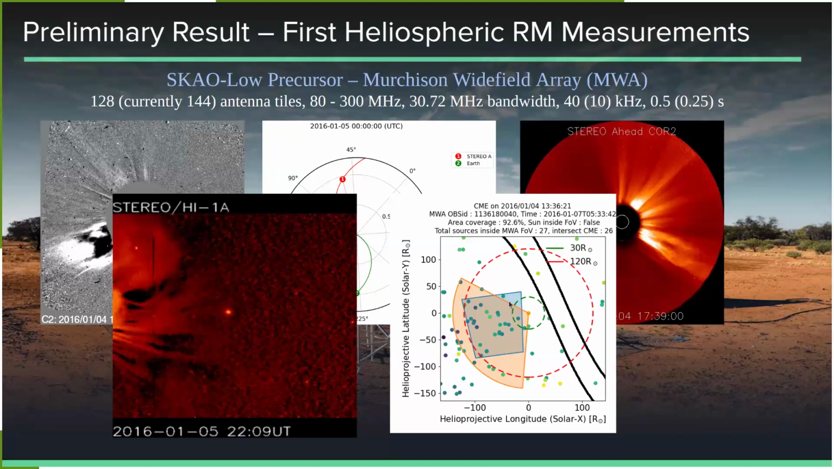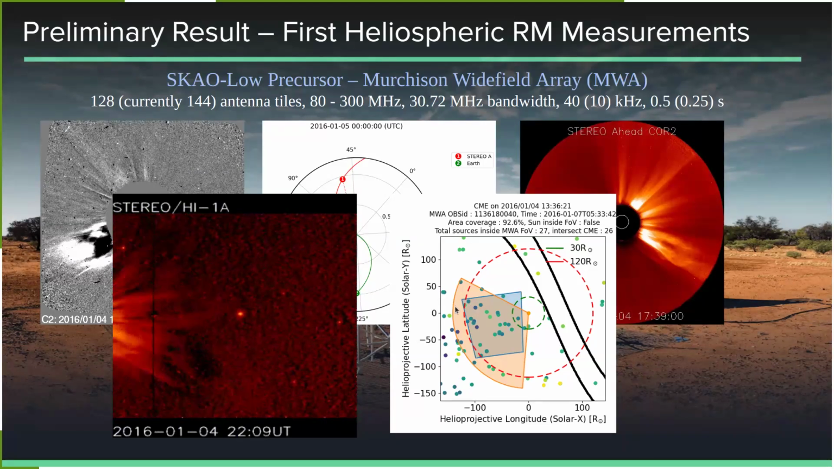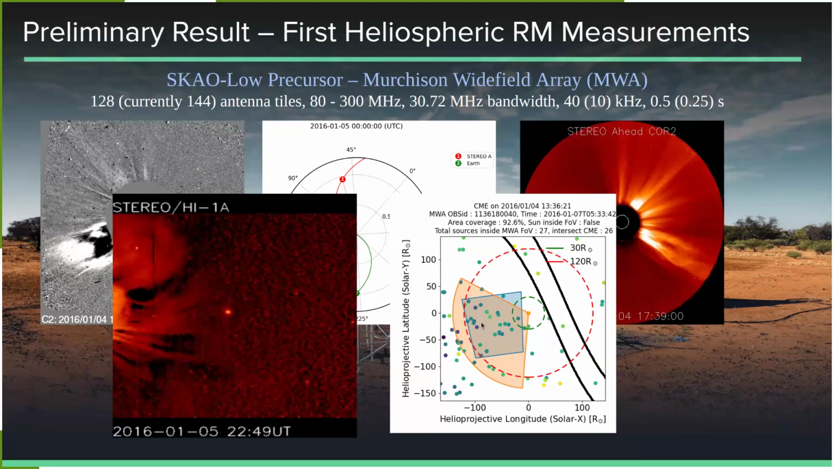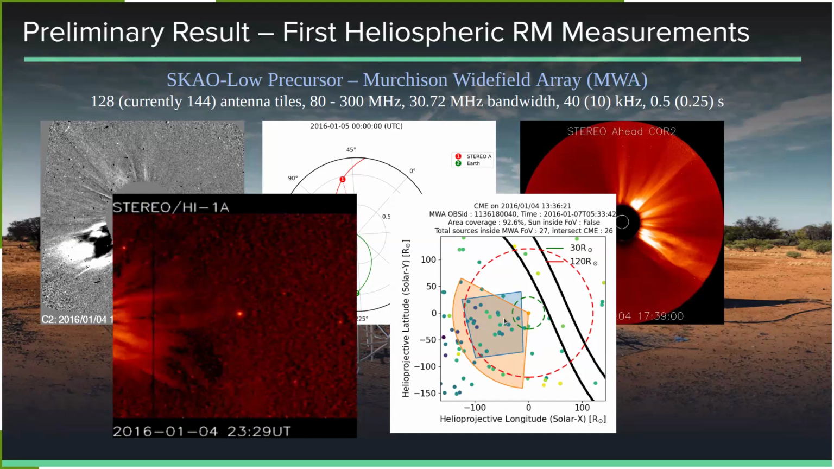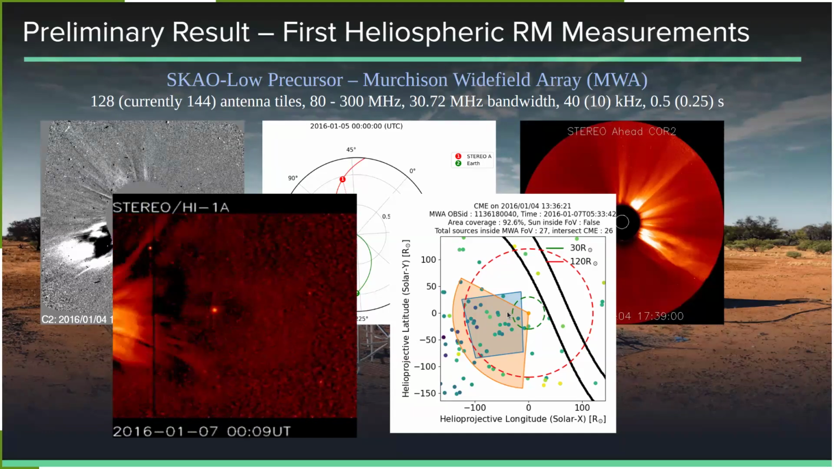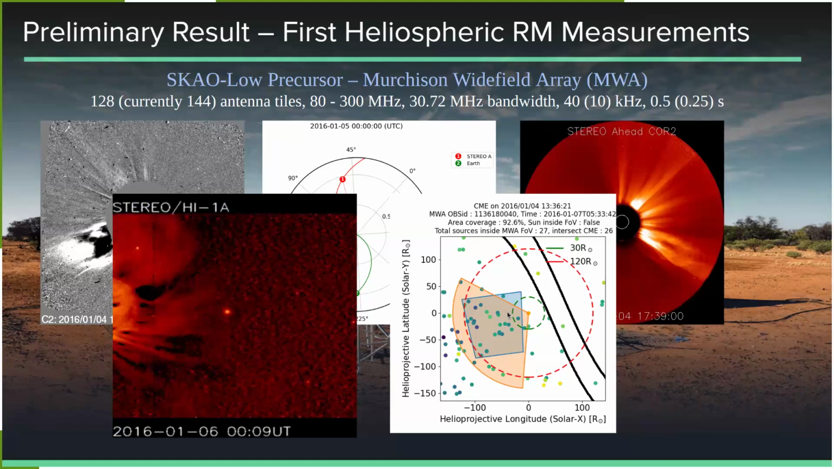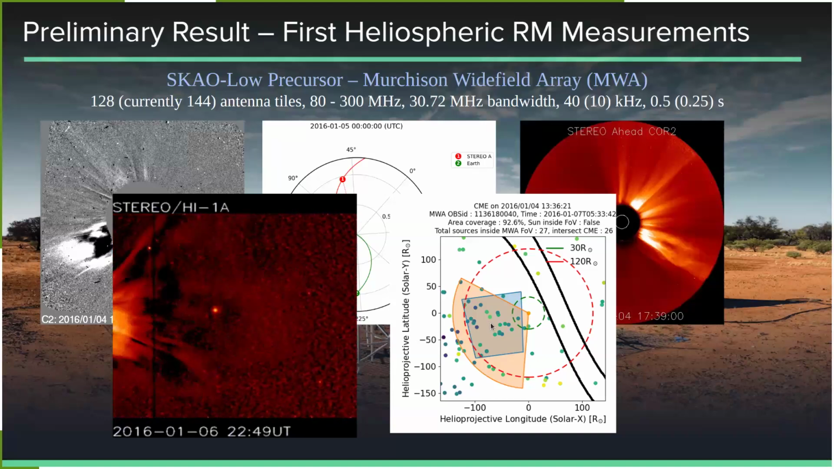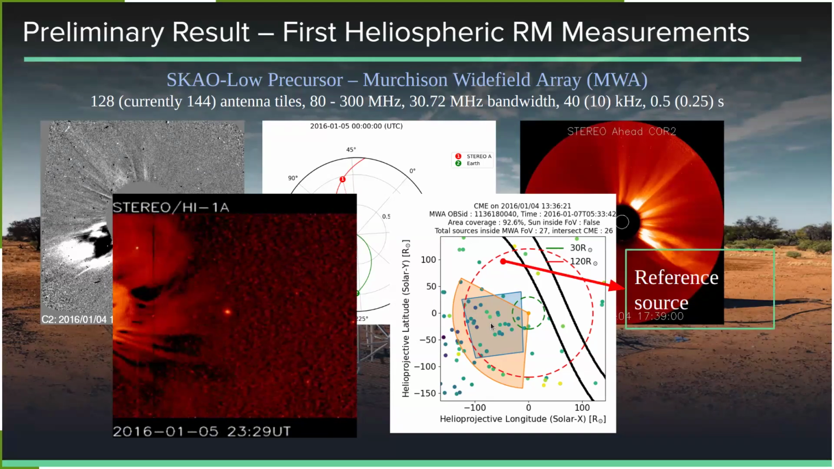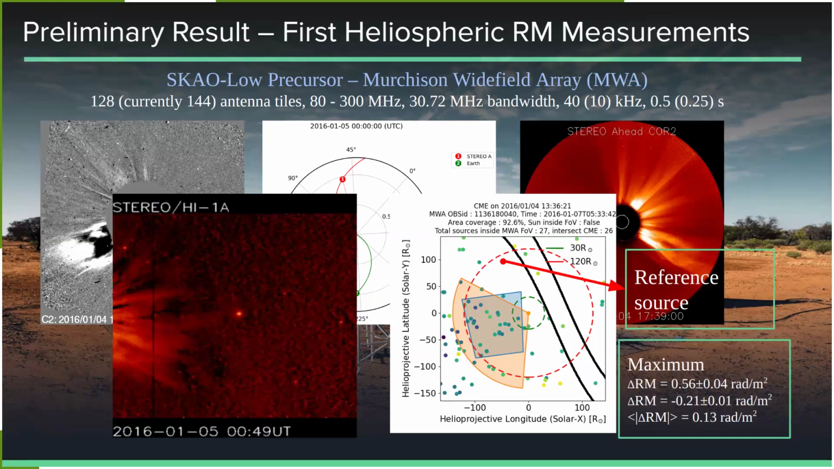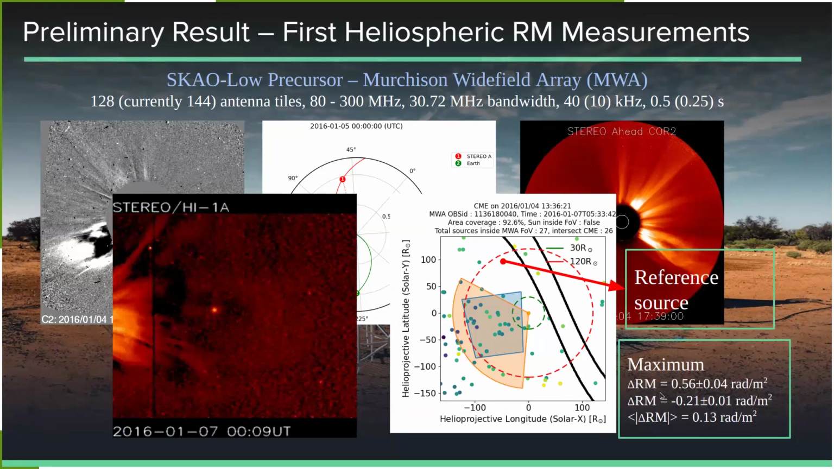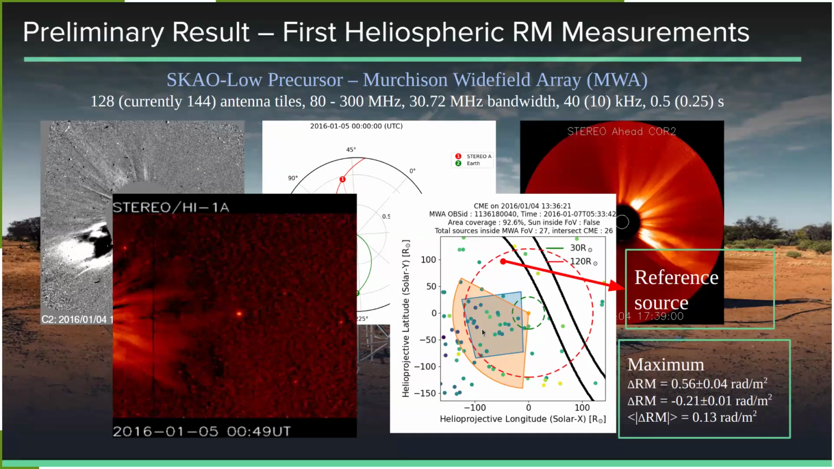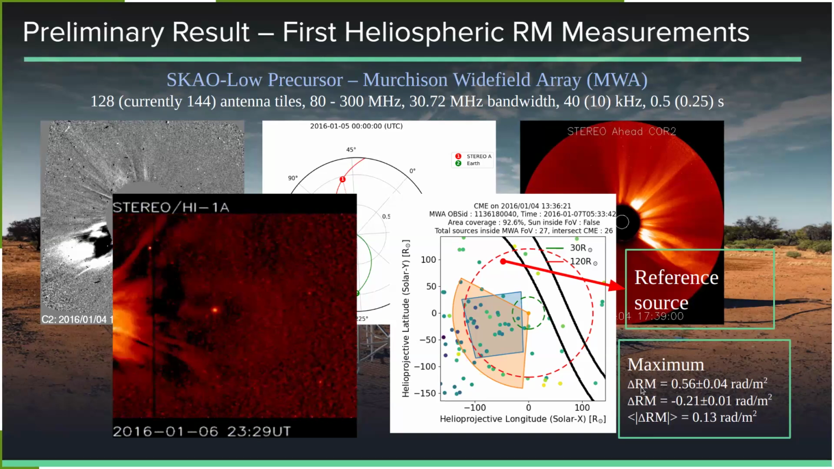And using this wide field of view instrument, we simultaneously have about 26 lines of sight that are occulted by the CME plasma, so that we can measure this line of sight integrated rotation measure along these 26 lines of sight simultaneously. And we used a reference source for the ionospheric correction. And what we have achieved, we can measure the RM among these 26 background sources. We have detected